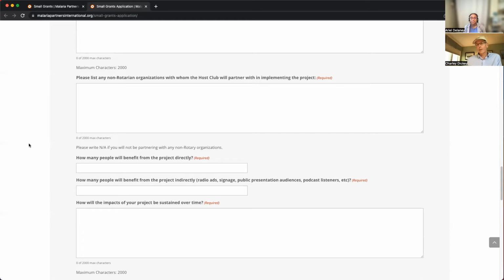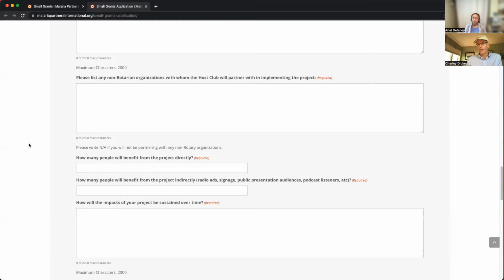Yeah, so it can vary. Let's look at the direct beneficiary for a second. If it's a bed net project, and that's the one that's presented to us, obviously you need to look at the number of people that you expect to be sleeping under bed nets, and that's a pretty easy number, I would guess, to determine. If it's a publicity